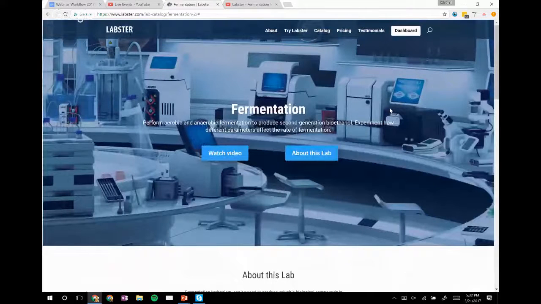Lastly, I would like to emphasize that using Labster is incredibly easy. We've ensured that it is no hassle for teachers to start using Labster. When you get Labster, you get what we call an LTI link, and this is a link that you can copy into your existing school LMS system, for instance Blackboard, Moodle, Canvas, and so forth. That means you don't have to change anything. It is essentially the same as integrating a YouTube video into your LMS system, asking the students to watch that. But here you can just ask them to play one of our simulations, and then you can integrate it into your existing education there.